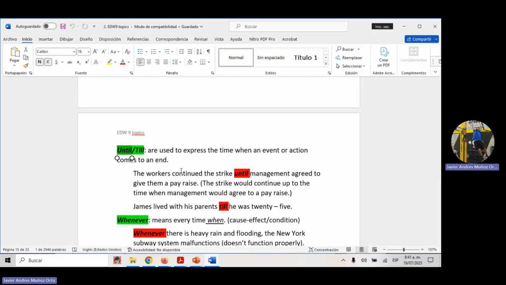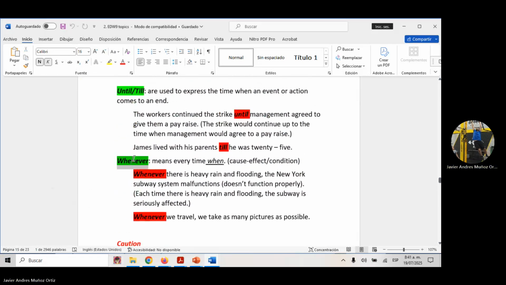This is, for example, similar to what happened in Ireland in the peace process. They don't know when the war started, but they know when they finished the war. They finished in 1996, or 1999, I don't remember. When they said, "Okay, we Catholics and we Protestants sign an agreement, and we are not going to kill each other anymore." So this is the end of the war, the end of the troubles, right? We know the ending of something.